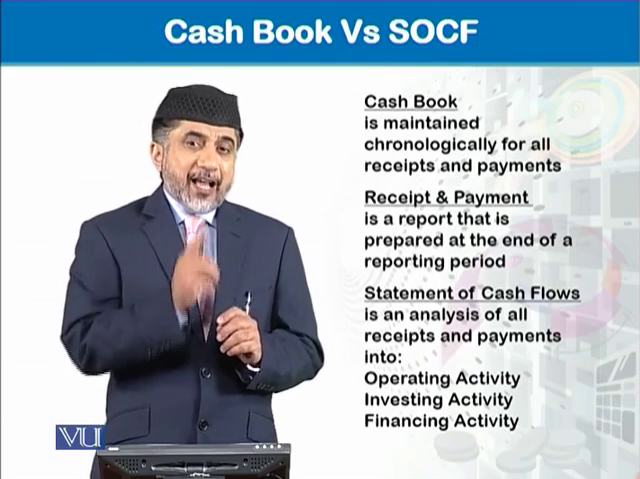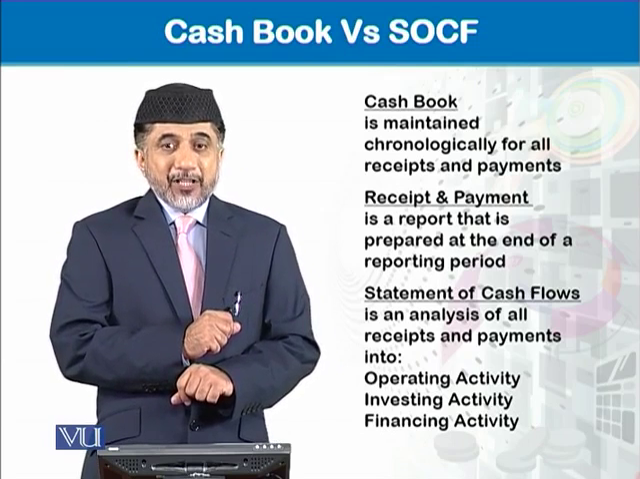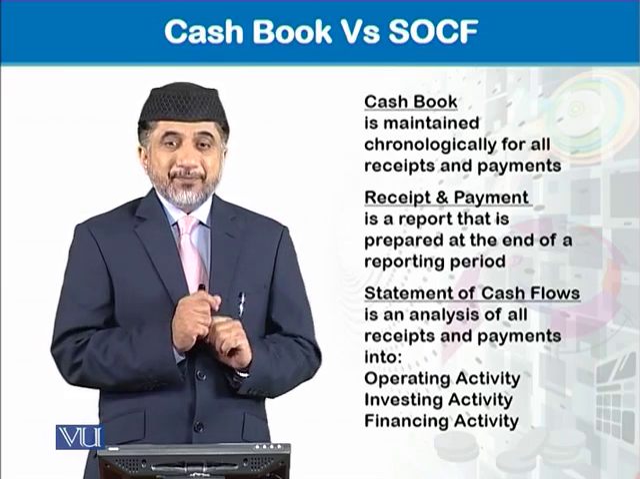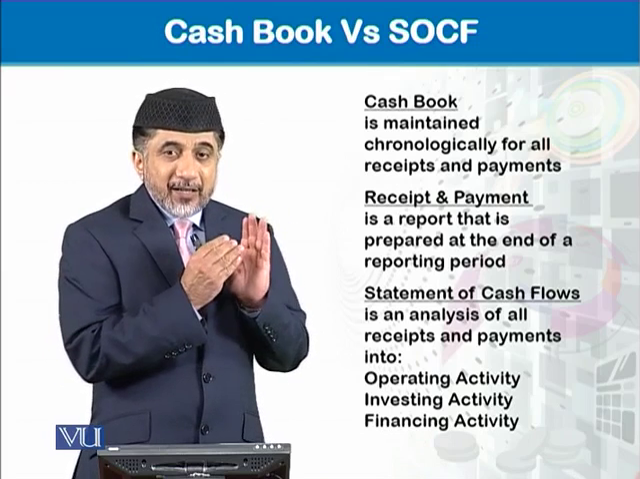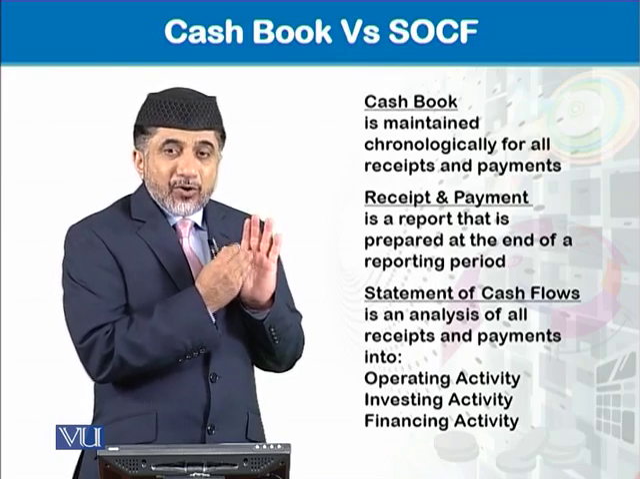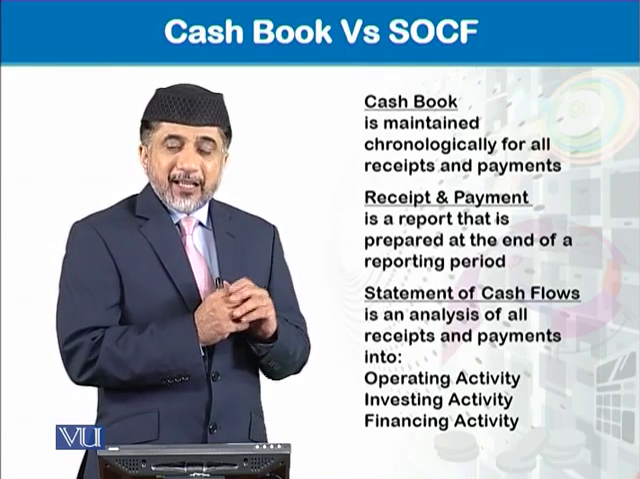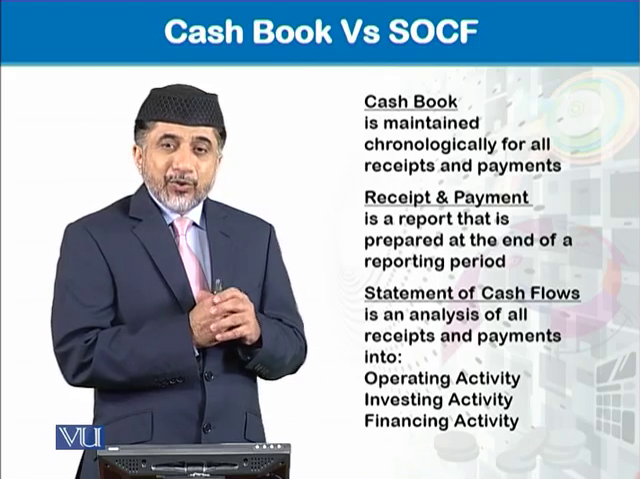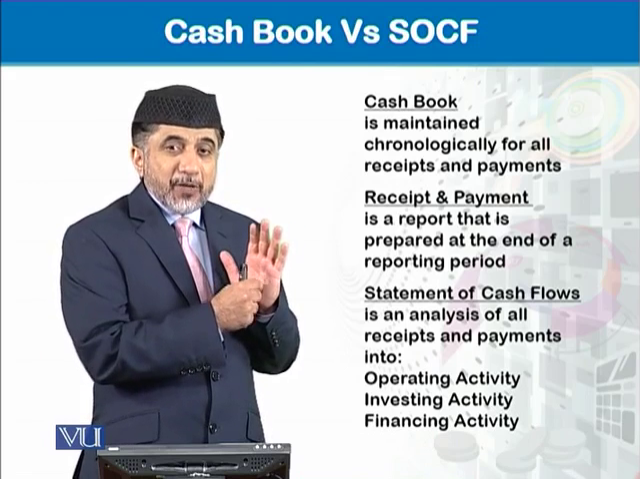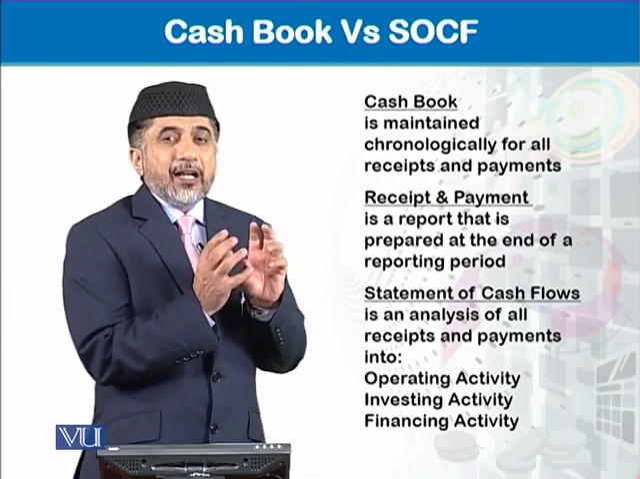We know very well that the cash book is in fact a book of original entries. And when we say book of original entry, each book of original entry is prepared in chronological sequence. So in the cash book, we record cash receipts and payments in chronological, or date, sequence. Whereas in the receipt and payment account, those receipts and payments which were entered in the cash book in chronological sequence are now summarized